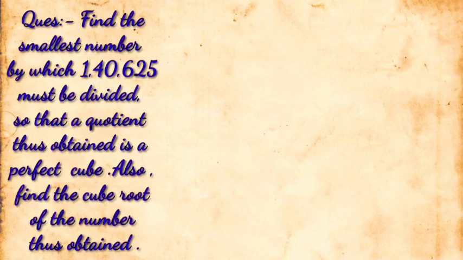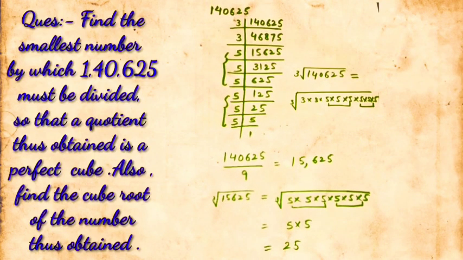So in that question also, students, we have discussed in the square and square root. This kind of question, what should be divided by what number or what should be multiplied, can be done with the prime factorization method only, and we have to apply prime factorization for the cube root also. So here first of all we will go for prime factorization of 1,40,625. The addition of these digits is divisible by 3.